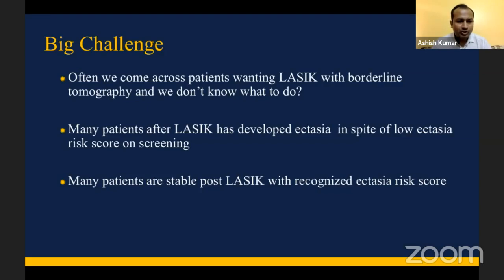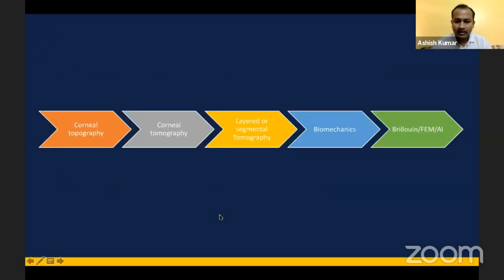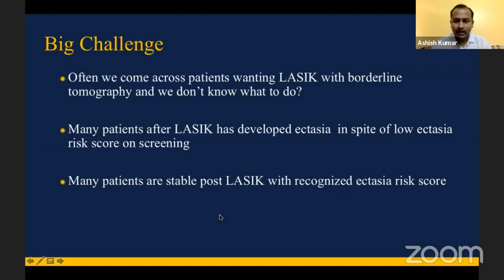In the literature, it has been shown, and we also come across these patients who have undergone LASIK and have developed ectasia in spite of a high ectasia risk score on screening. Many patients are stable post LASIK with recognized ectasia. On the other hand,